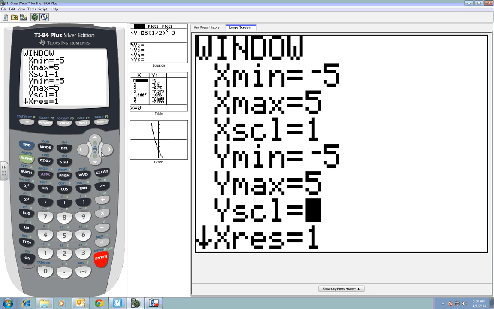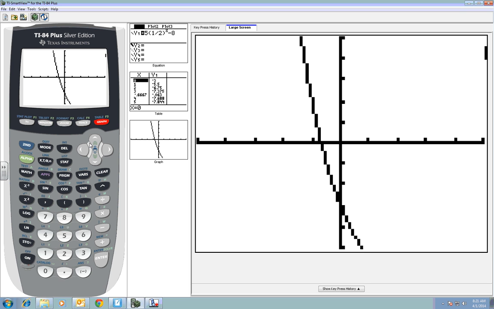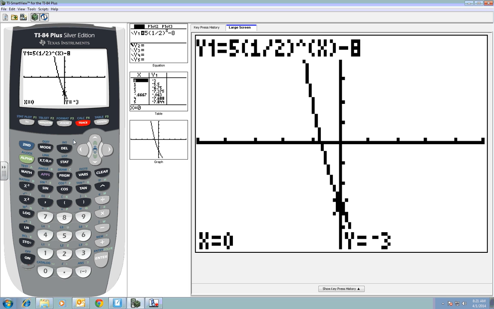We're on number 4. Okay, then we want at least 2 points. So I'm going to hit trace. I have the point 0, -3. I can type in the number 1. I have 1, -5.5. Or I could type in -1. So as long as you have 2 or 3 points,